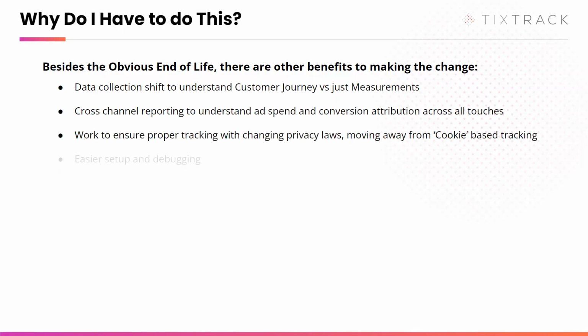So obviously the next question is, well, why do I have to do this? What's going on? There's obviously an end of life. So if you want those analytics, you've either got to decide to move to any of the competitors that are out there, or go ahead and make the shift over to GA4. There are other benefits. It's also a little bit of, I'm not going to say a steep learning curve, but it's a shift of a learning curve, because UA is very event focused. It's very much around the events that are happening, and you're tracking things that are occurring with the website. Whereas what I find with GA4 is that it's shifted a little bit more towards helping me understand the customer journey.